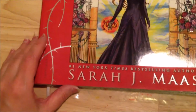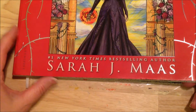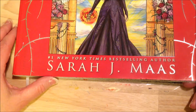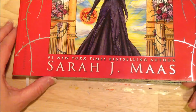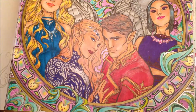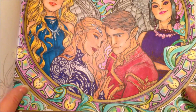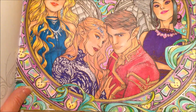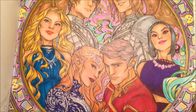I also picked one out from A Court of Thorns and Roses, based on the novels by Sarah J. Maas. This one was illustrated by Charlie Bowater, and as I said before, I'm still improving on my technique with skin,